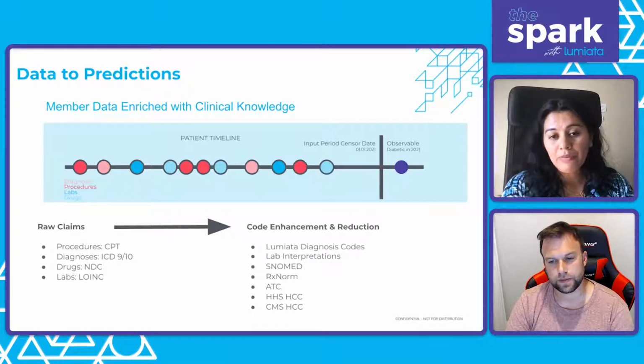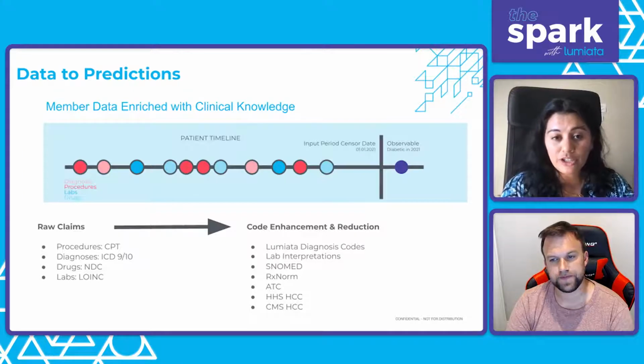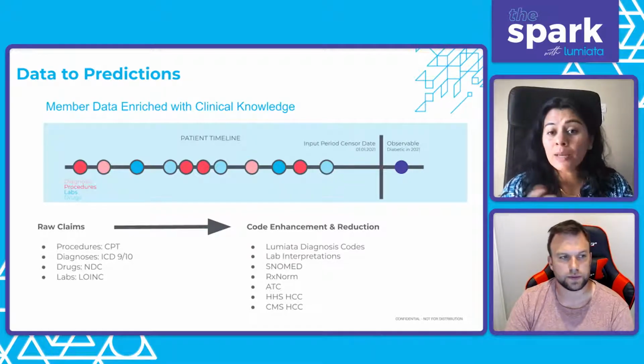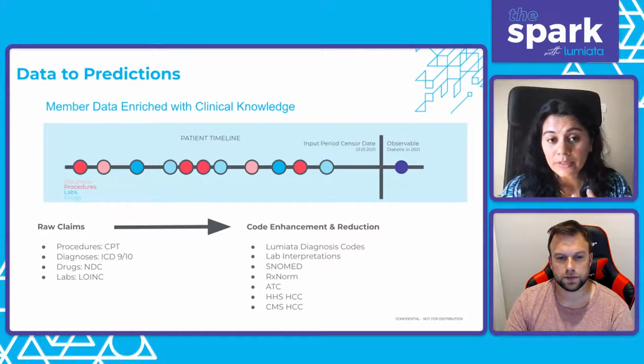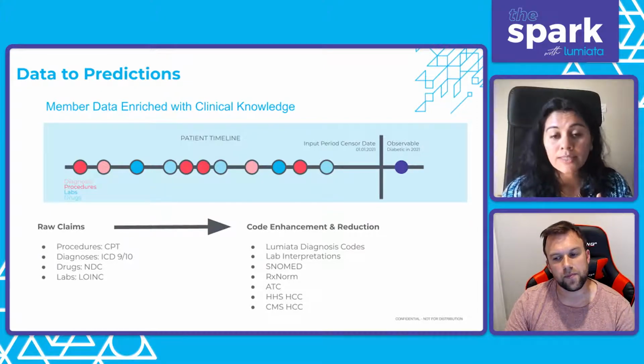So maybe if this patient had data from 2017 to 2020, we use all the features generated from that time period to train the model against whether the patient had a diabetic tag in 2021. Some of the features that we look at are demographic variables like age and gender, presence of other diagnosis codes, number of inpatient or outpatient visits the patient had in the entire timeline or